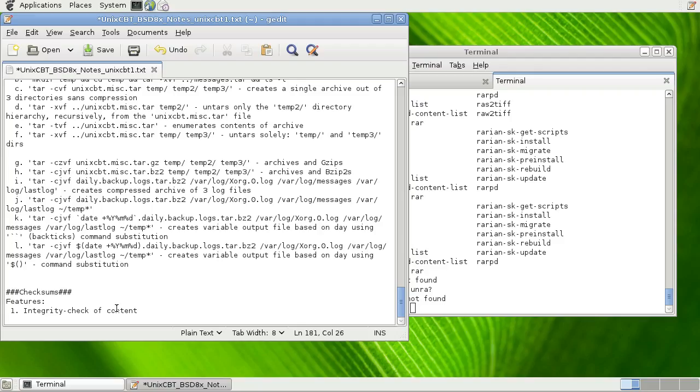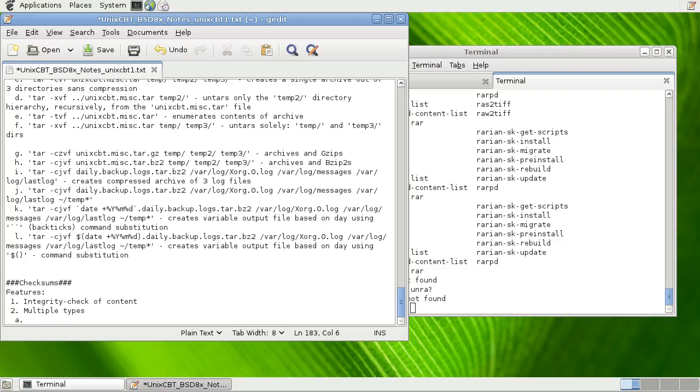Now, there are multiple checksum types. So integrity check of content and multiple types. They include, but are not limited to, MD5,